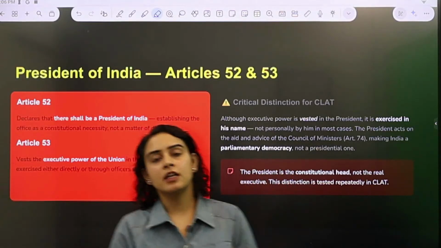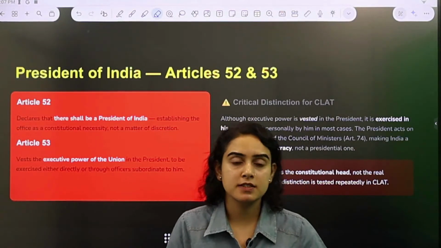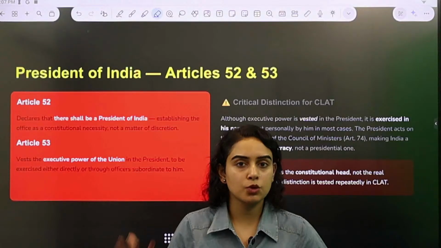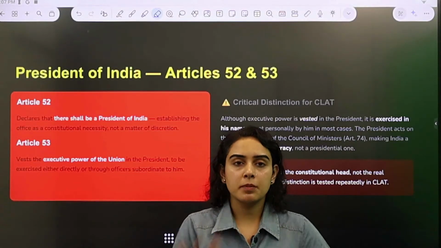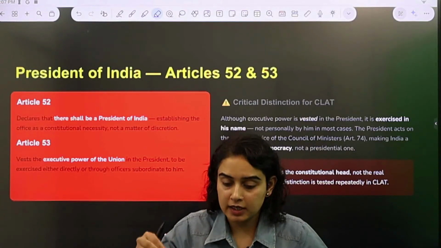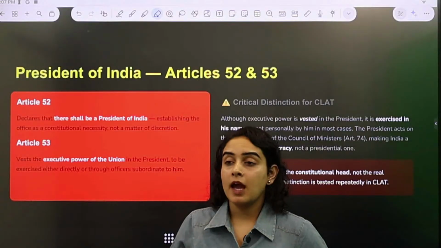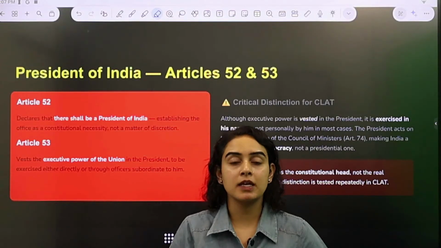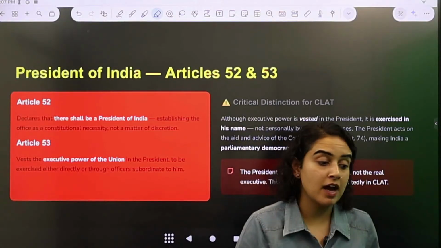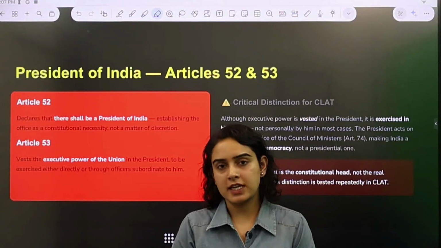In union executive, first of all, executive is responsible to implement and execute the laws that the parliament is going to make. The job of the parliament ends when the laws are made, but how it has to be applied at ground level, how it has to be made applicable, and how awareness around the same has to be spread in the common public is something which the executive has to ensure. That is why we have this union executive.